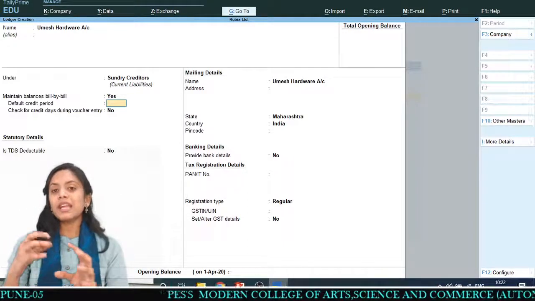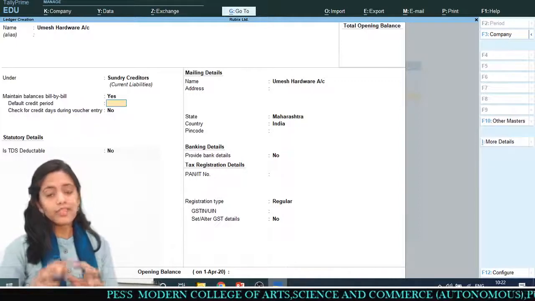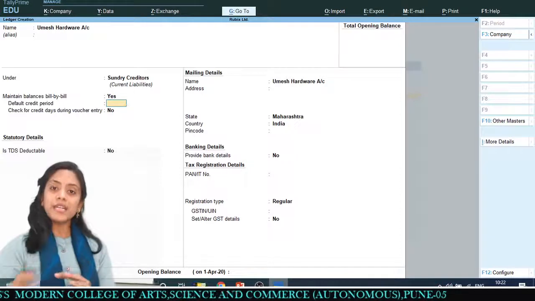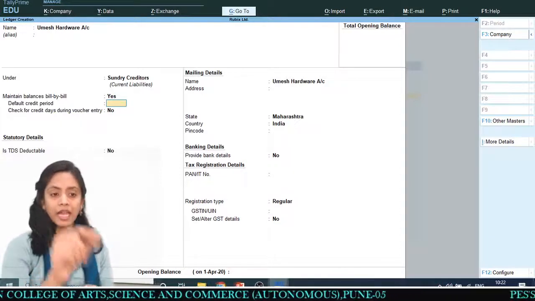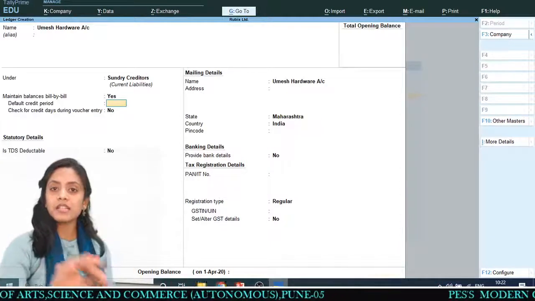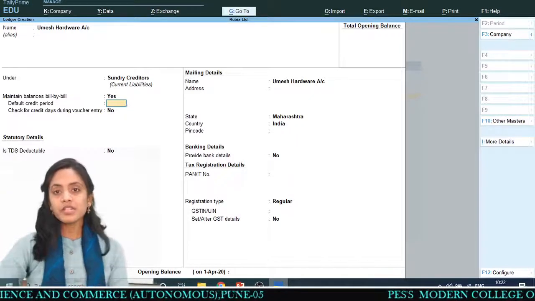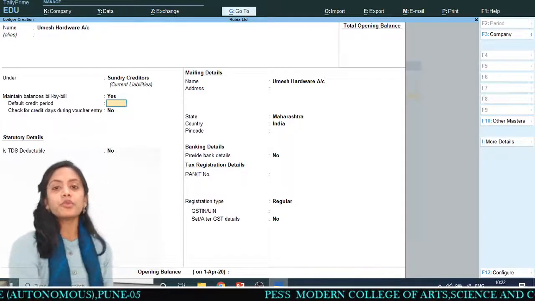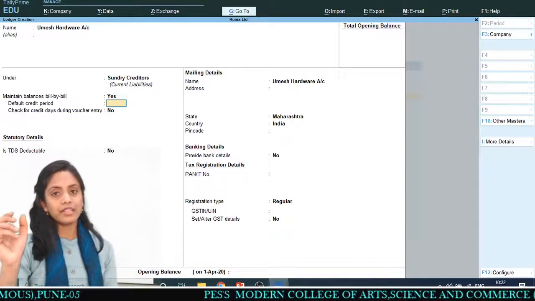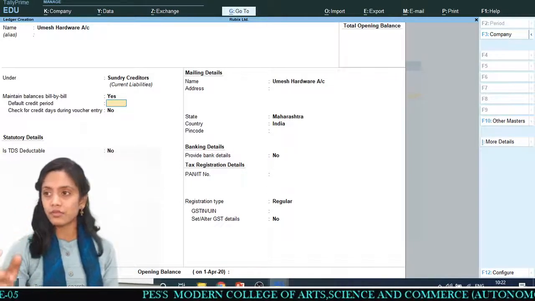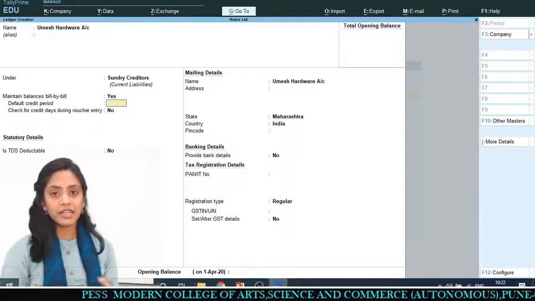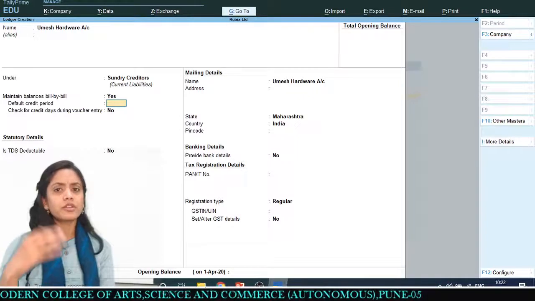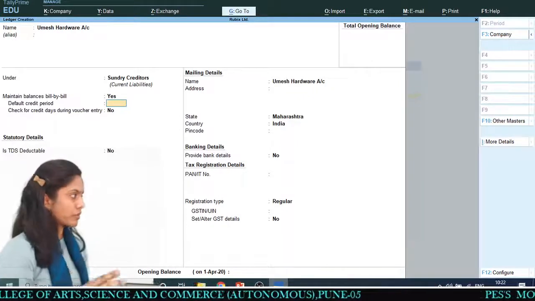When you go for a voucher entry, there when you enter a purchase entry, and here you have said yes to maintain bill-wise details, so when one purchase bill is entered in Tally, all the details of the bill you have to put over here, meaning the date, then bill number, the credit period, likewise all the things related to this particular document you have to enter.